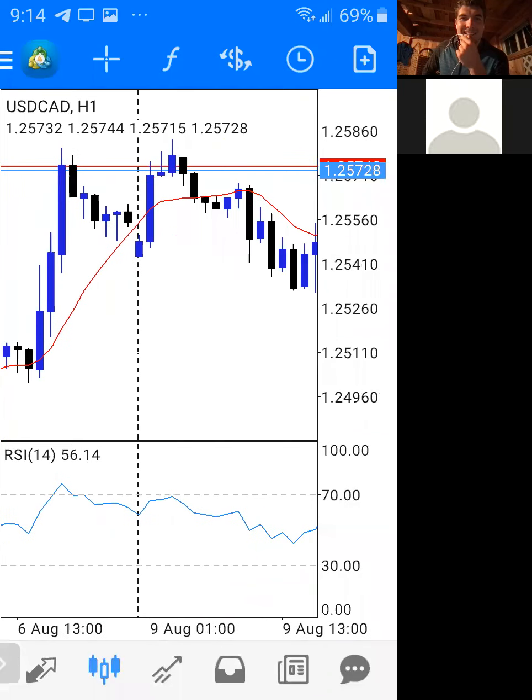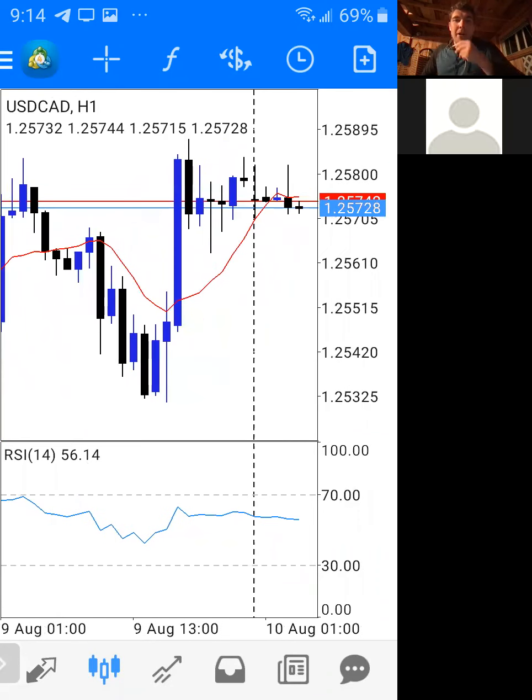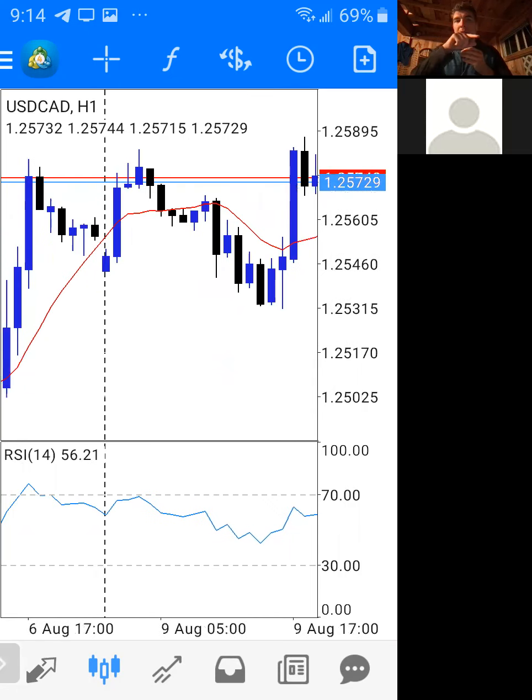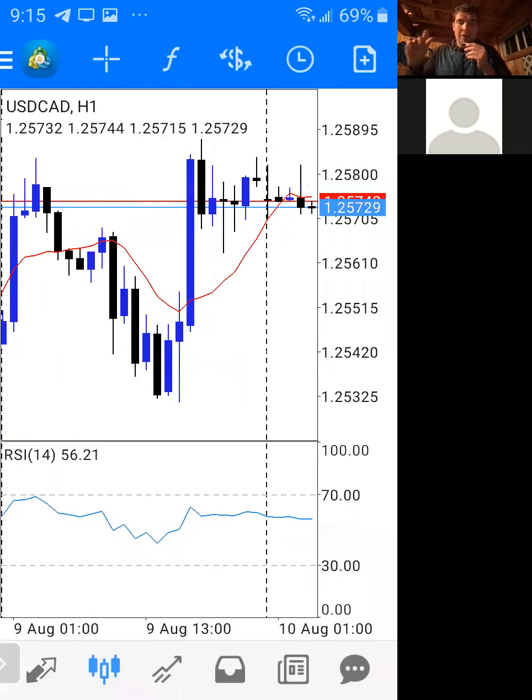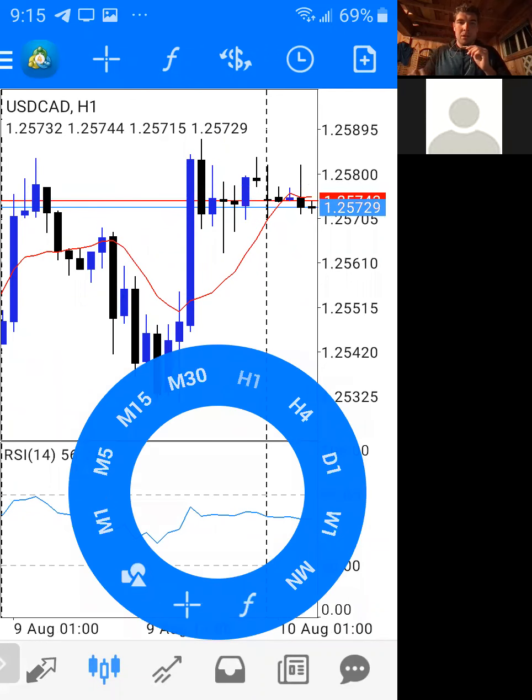Now see the RSI indicator there, Alex, at the bottom. Yep. And there's a line. There's the top line of the RSI indicator. Try just tapping that and see if you can. Oh yeah, I forgot it did that. So if you tap the chart, this button comes up automatically